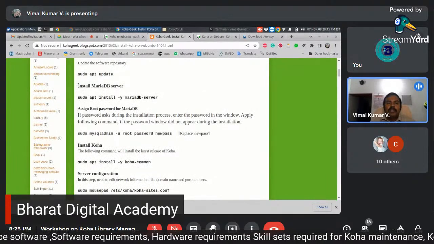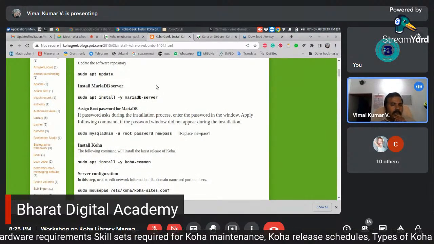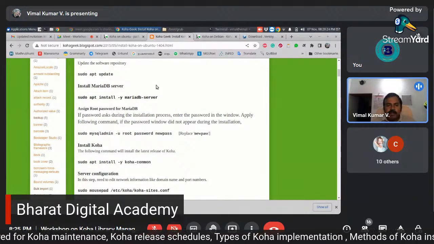Next we have to install the MariaDB server. Here the database management system used is MariaDB. Next we are going